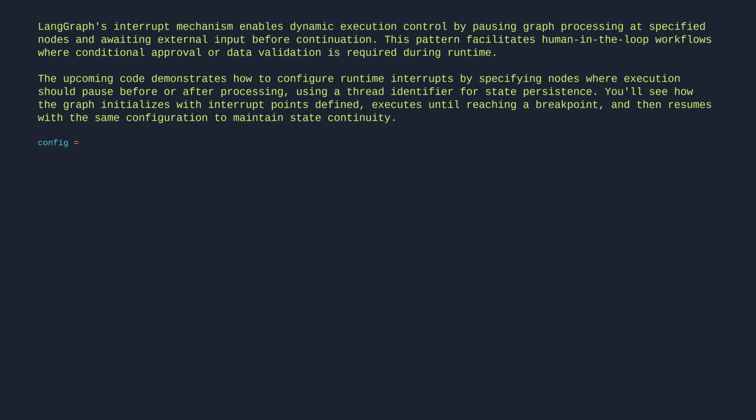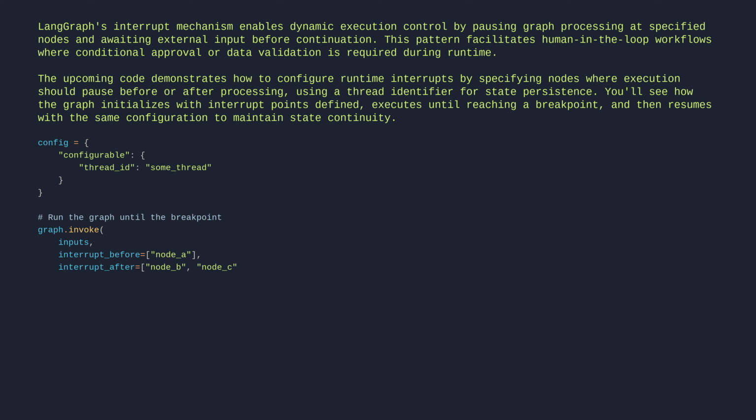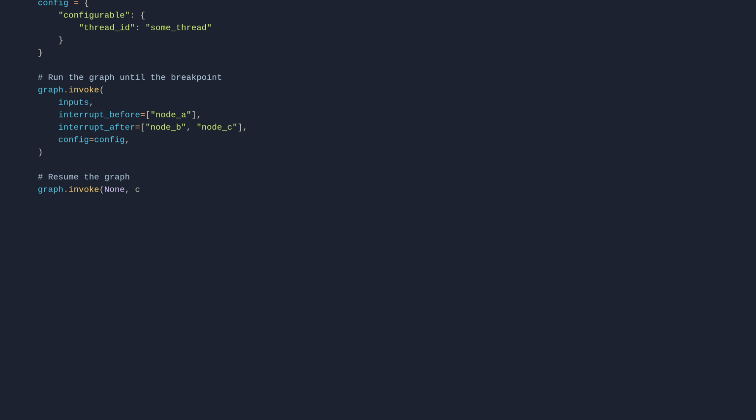config = {"configurable": {"thread_id": "some_thread"}} # Run the graph until the breakpoint: graph.invoke(inputs, interrupt_before=["node_A"], interrupt_after=["node_B", "node_C"], config=config) # Resume the graph: graph.invoke(None, config=config)